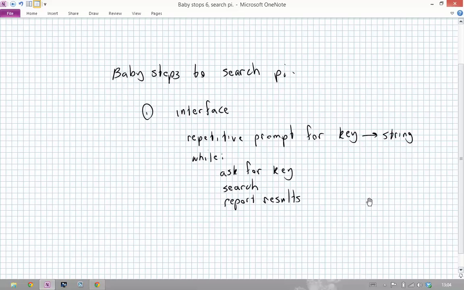The best way to think about these kinds of prompts is to just make sure that you have an empty input stream. Whenever you are conceptually done with an input stream, empty it. Go ahead and eat all the characters that are on there, get rid of them. That way, the next time you go to the input stream, you're guaranteed to not have any stray characters there that might confuse your logic. An easy way to empty an input stream